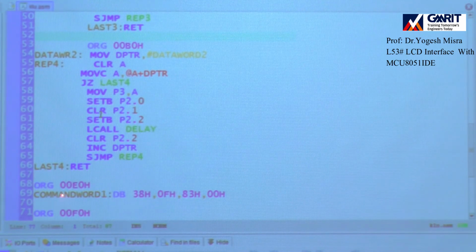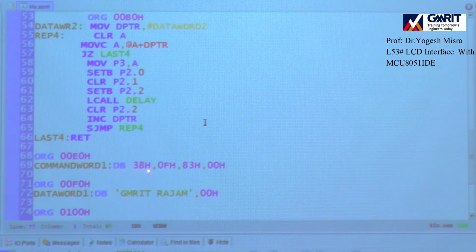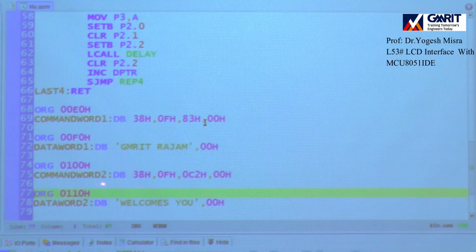And see the command word 1. So it is the same, 38, 0F, 83. Right, 83 means first row, fourth column. Then in the first, this is the data word, GMRIT space RAJAM. This will be displayed in the first line. And command word second, you see 38, 0F, and here this C2, right?